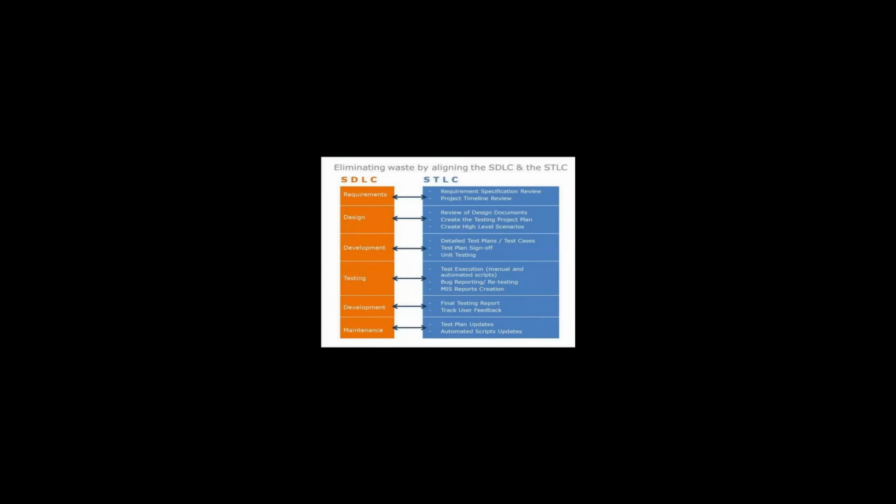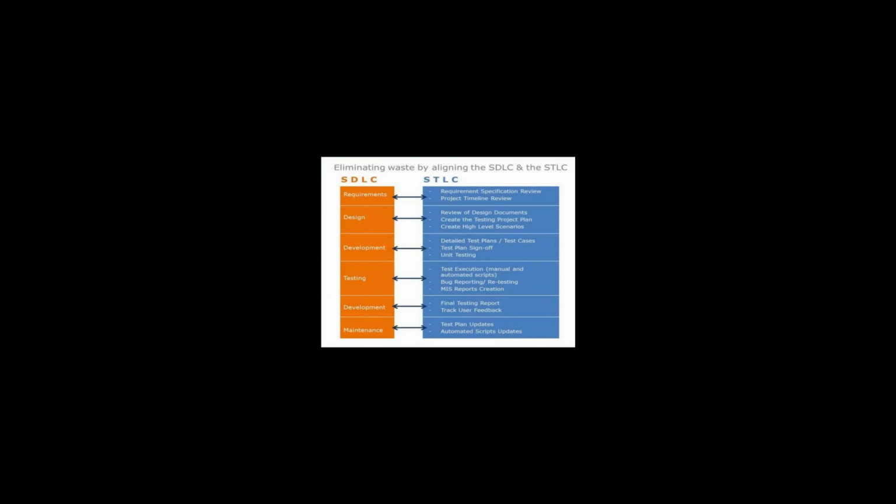The diagram shows you a clear difference between the software development life cycle and the software testing life cycle. So we eliminate waste by aligning the STLC and SDLC. While performing the testing life cycle, it should be aligned with the software development life cycle. Then only we can avoid the unnecessary steps.